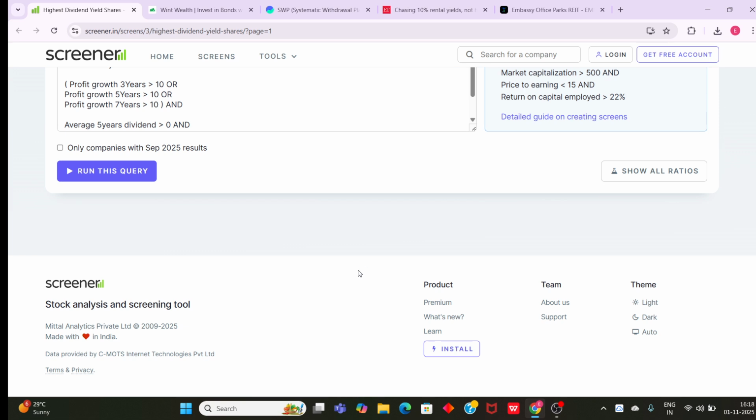Okay, so there are a few stocks which pay the dividend on a quarterly basis. So for example, stocks like ITC, Coal India. There are many stocks which are paying you a dividend on a quarterly basis. That will be credited back to your account based on the number of stocks you are holding